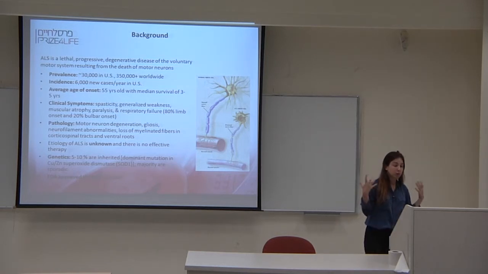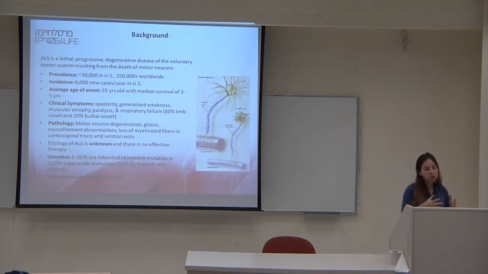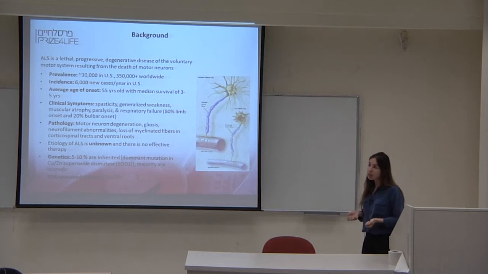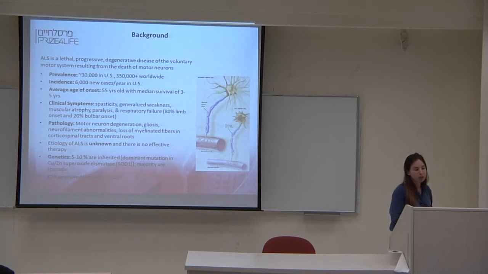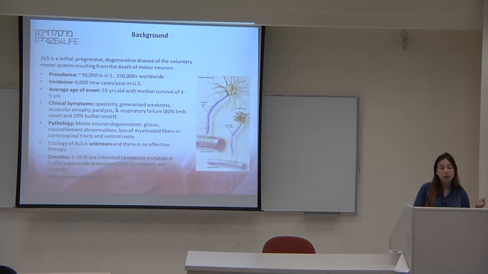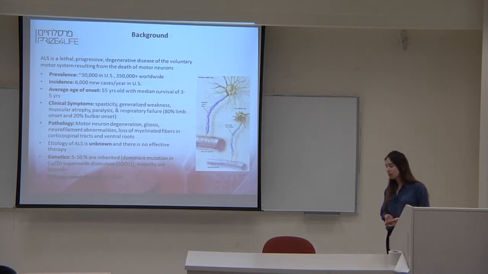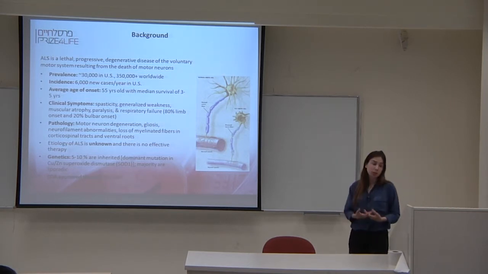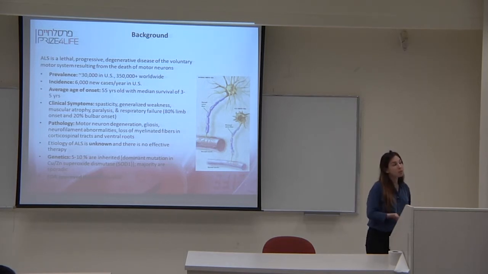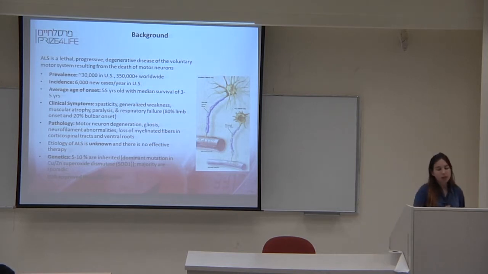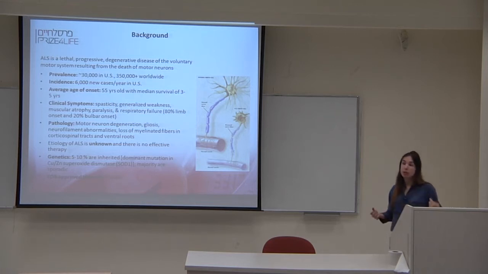There's no clear profile, but what we see as the first symptoms is weakness, less ability to create very fine movements, and then that leads to more generalized weakness and paralysis. And with this paralysis, we also see muscle atrophy. So although the disease affects the neurons activating the muscles, once the muscles are not activated anymore, they atrophy and they also die.